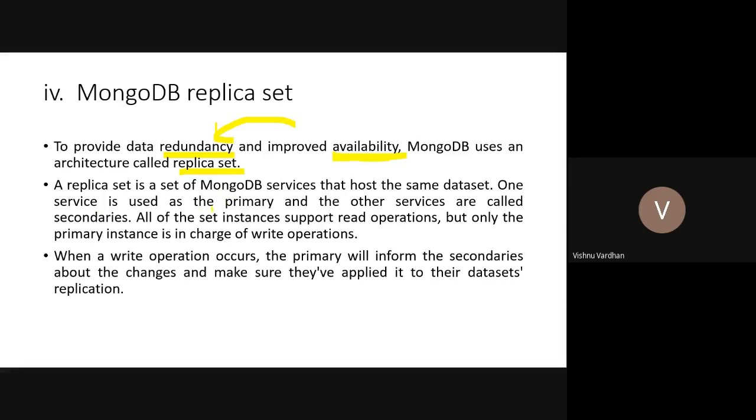A replica set is nothing but a set of MongoDB services that host the same data set. Different database services can be set up across a distributed environment, and they are hosting the same kind of data set, so they become the replicas. One service is used as a primary, and the other services are called secondaries. All of the set instances support read operations, but only the primary instance is in charge of